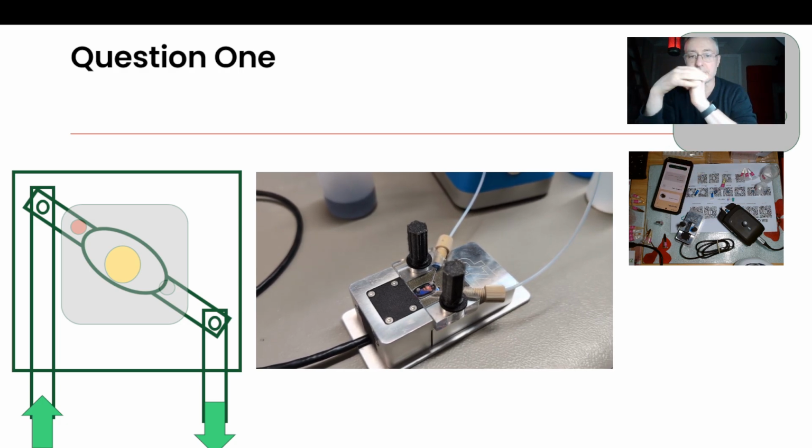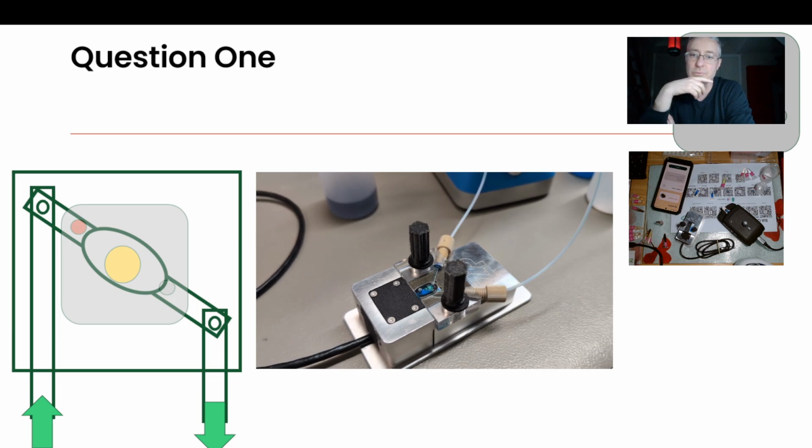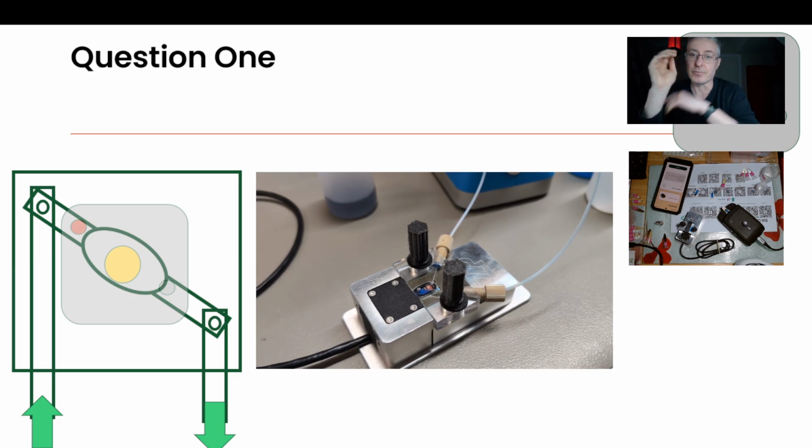The reason the color keeps going red and blue there is not because we're changing the image. As you can appreciate, when you make a good flow cell, we're literally changing from a red dye to a blue dye just really quickly. It looks like we're changing the image, but it's actually just that when you've got your fluidics set up properly, you can replace the liquid really quickly. So